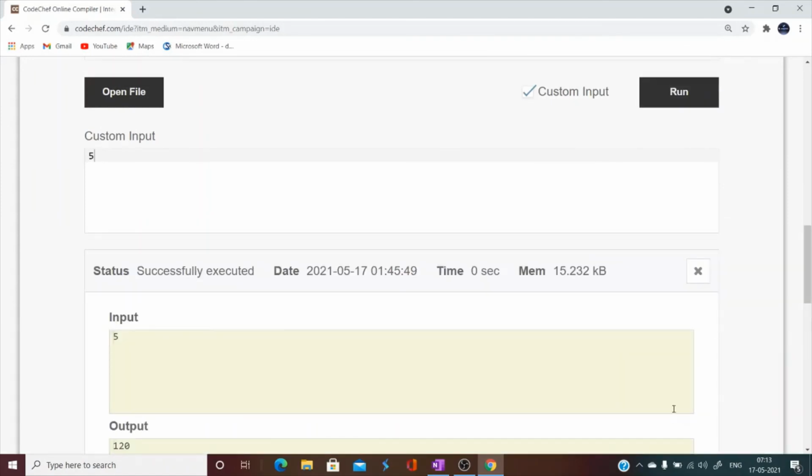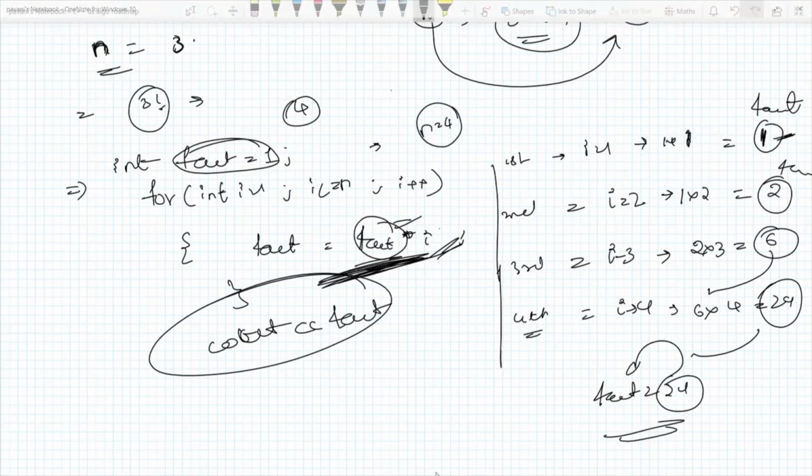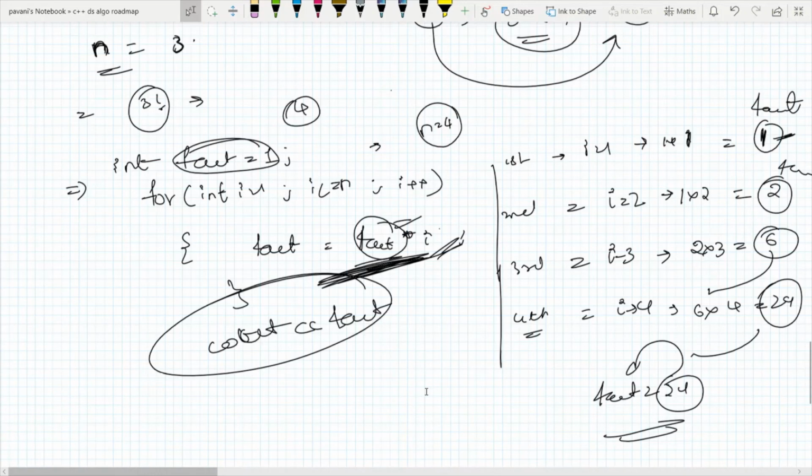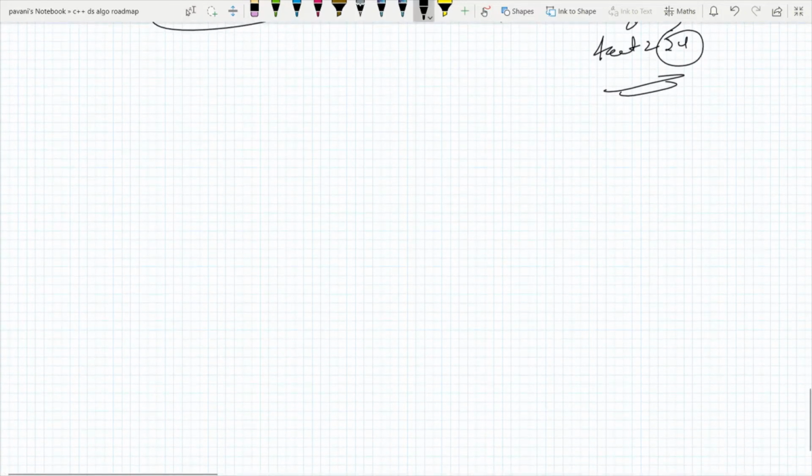Yeah, 120. These are some basic problems on loops. If you have a little bit of confusion in the loop statement, on how to write these formats, don't worry.